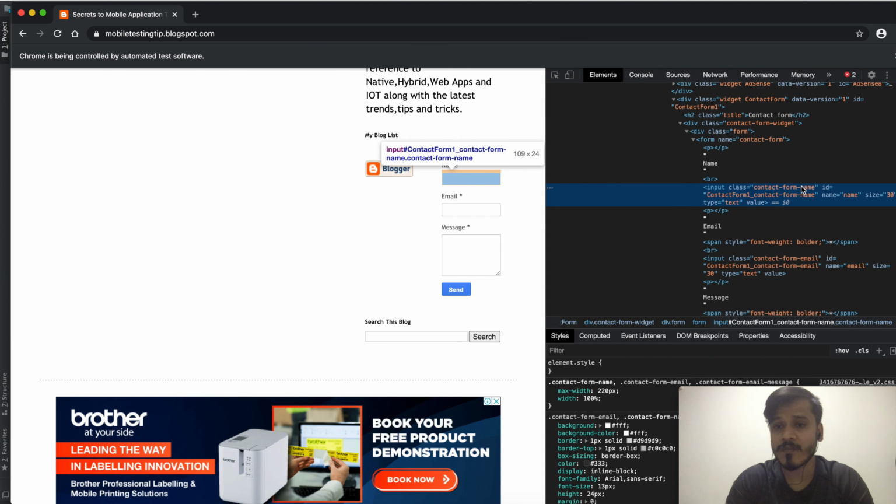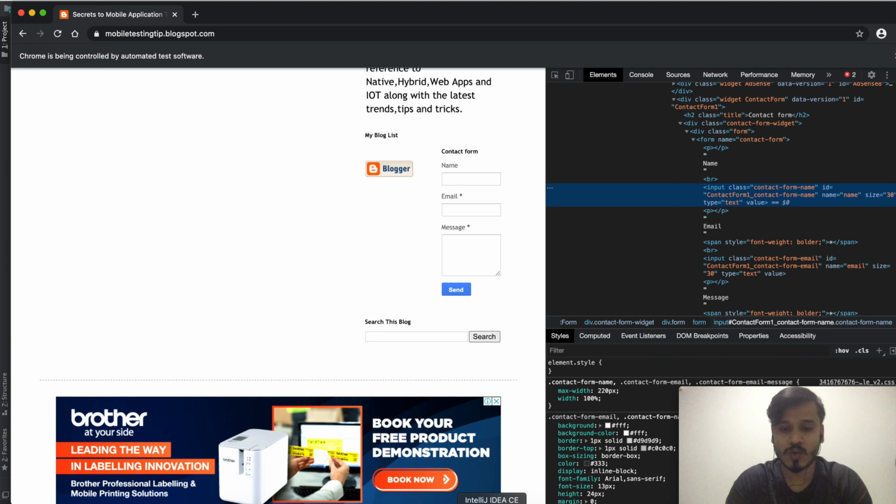So you see here for the text box name, we have an ID, contact form 1 underscore contact hyphen form hyphen name. We can also use name, and likewise I'm just going to pick up any particular property of the element and I will try to automate it.